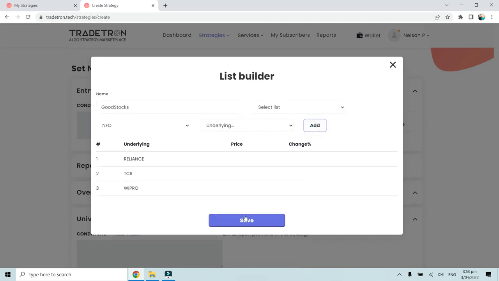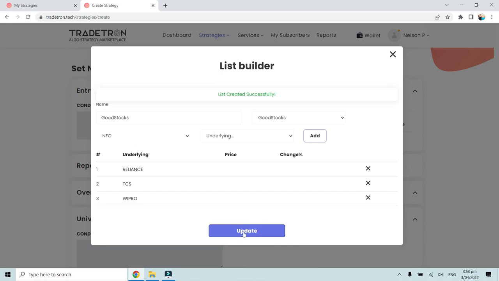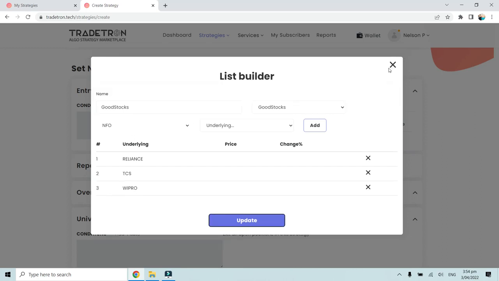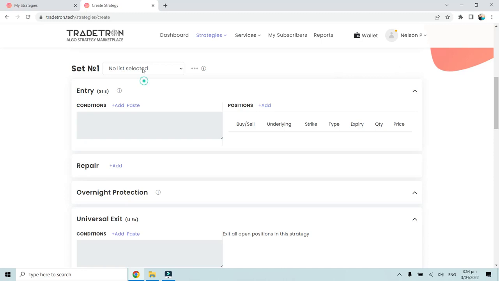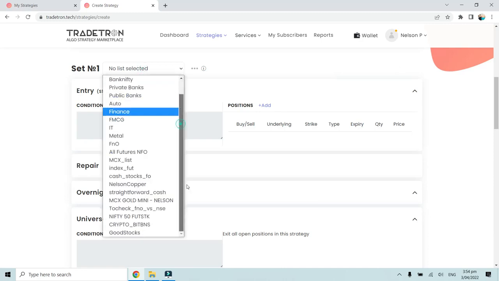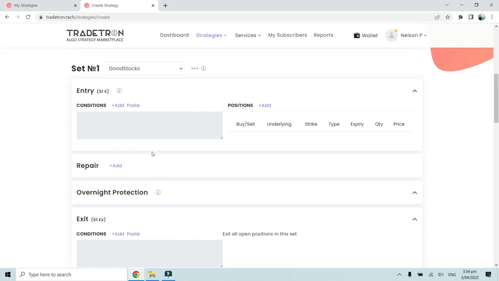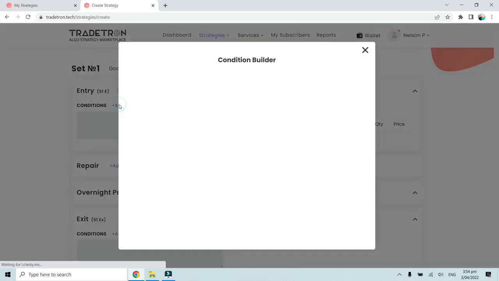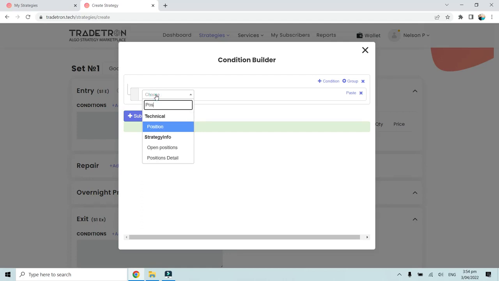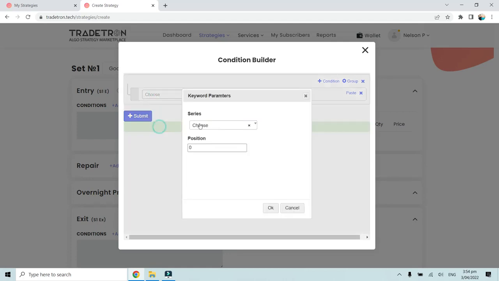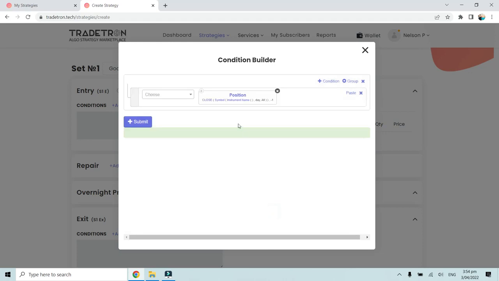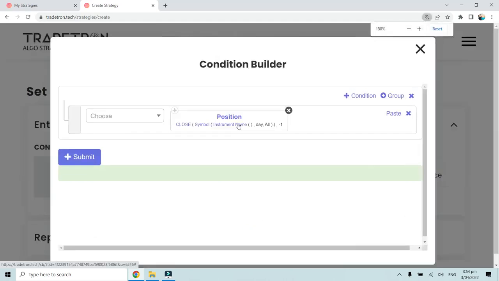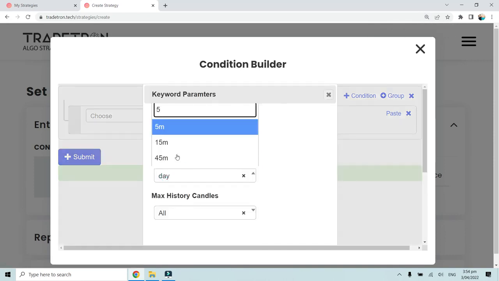So now we have created this list and I will just save it and update, and I will close this list. Now over here in the set number we will select the same list that we just created, that is good stocks, and let us create a condition. So over here we will just select position keyword with close parameter of previous candle. So now as we can see, let me just zoom in a little bit. We will just simply select say 5-minute candle over here, for example,